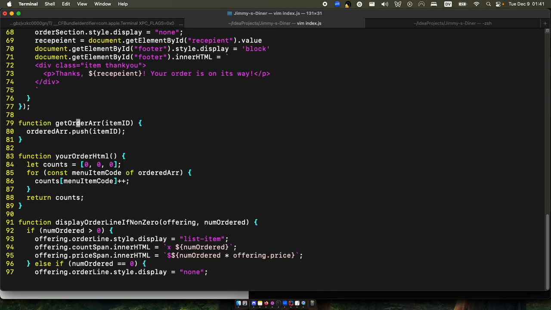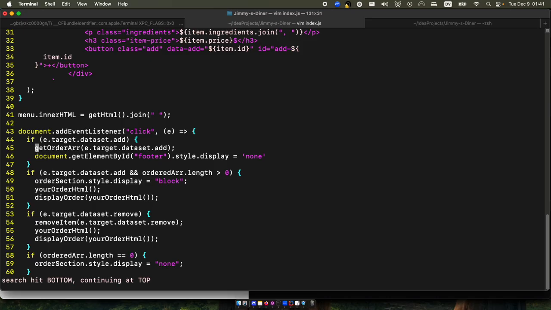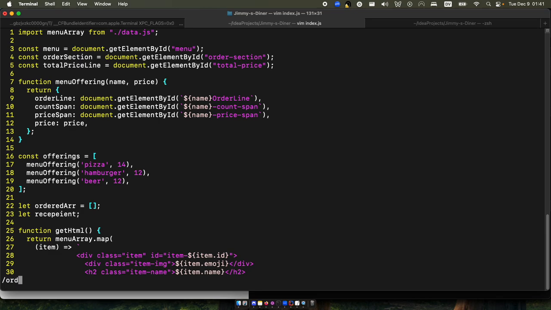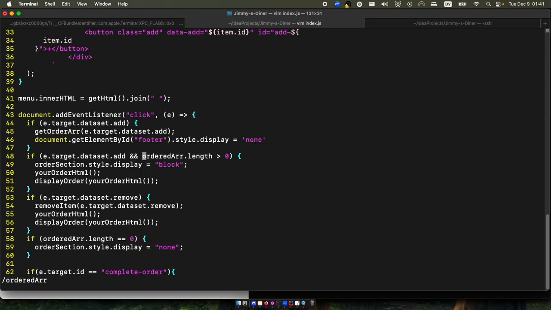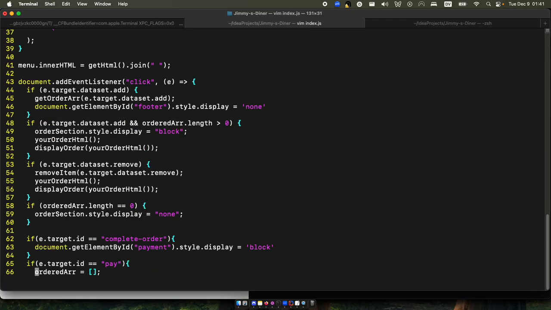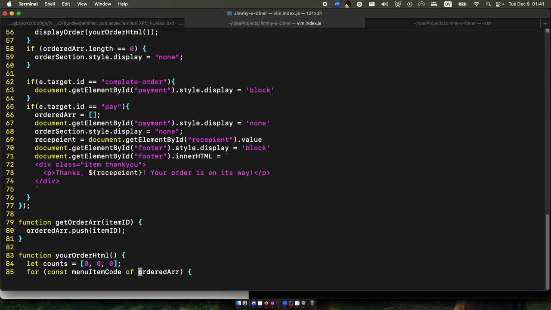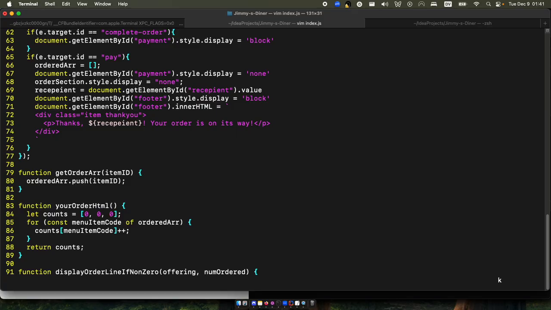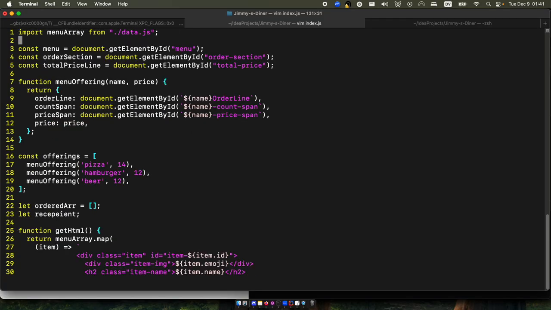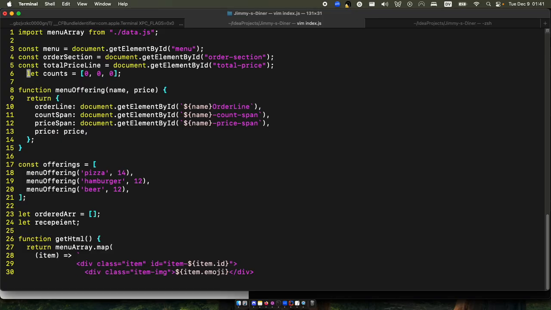Do we really need this? My question is, why use this ordered array of stuff when you could just keep track of the counts directly? You don't actually seem to use the order at all. So why don't we just do const counts is all zeros,